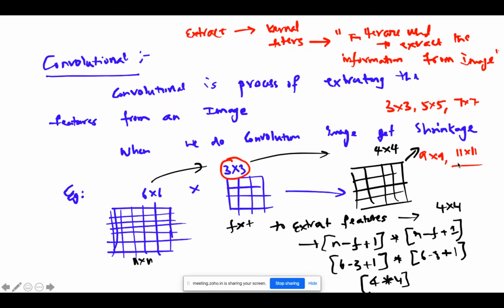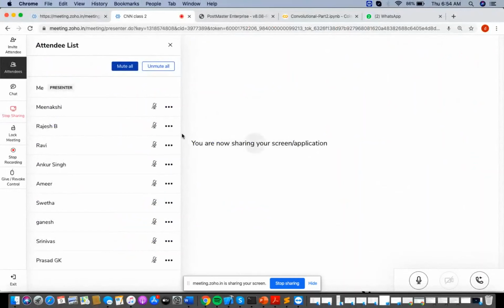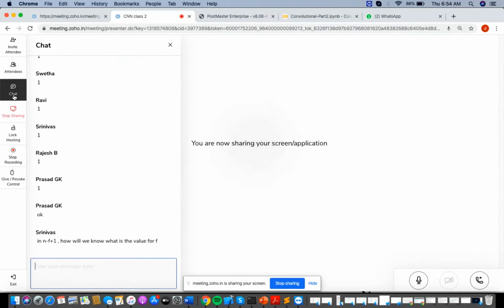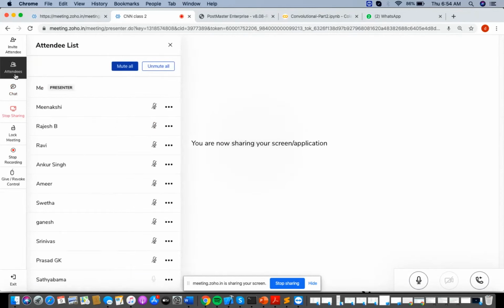Guys, please go on mute. Srinivas, now it's clear how it is n minus f plus 1?